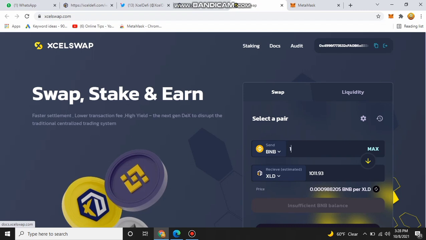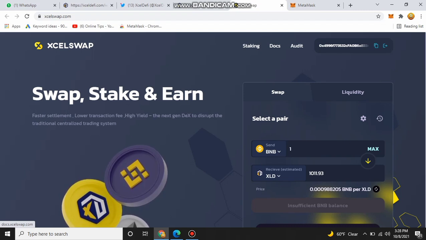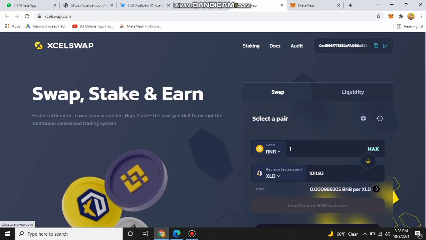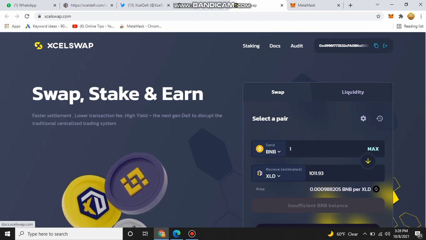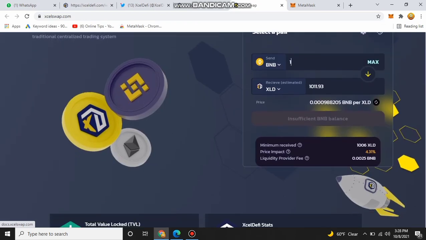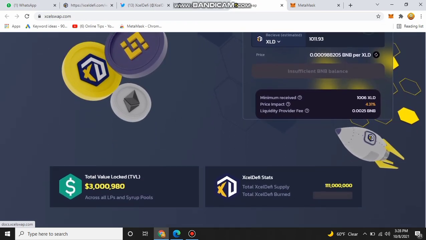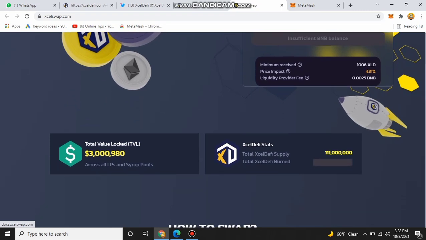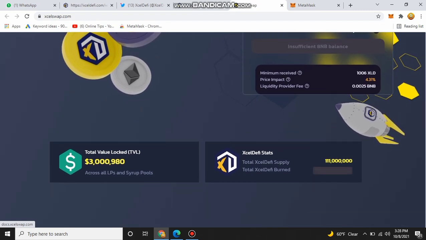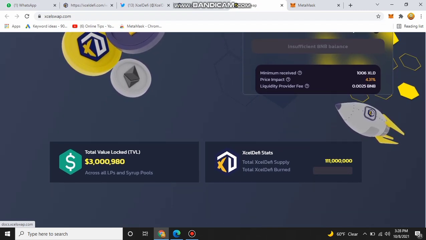Here you can see that I don't have any BNB in my MetaMask. It is very necessary that you have BNB in your wallet, so you will be able to purchase their tokens.